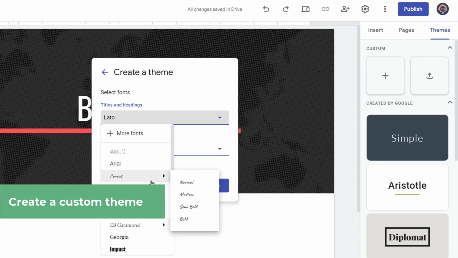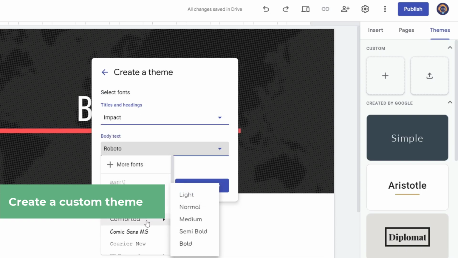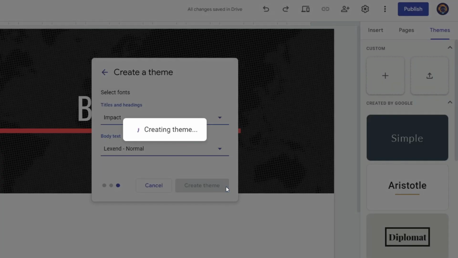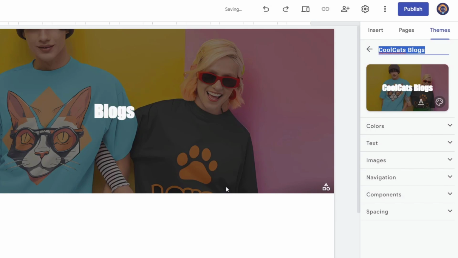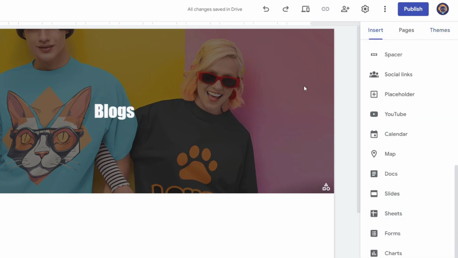The titles, I'm going to just leave this with something much easier, for example, impact. And the body text, let's go for text and normal and go for create my theme, and automatically this theme should be implemented directly into my store or into this new blog section. So now that I have done this process, what I can do is to start by inserting elements of my